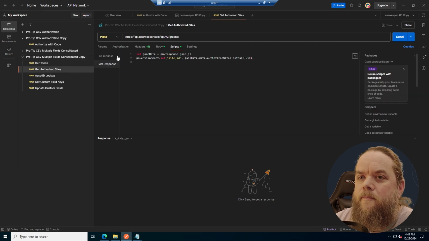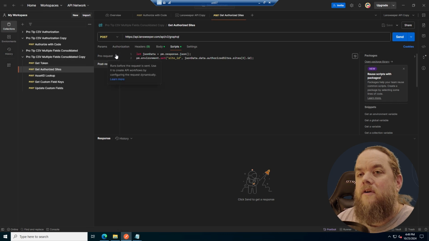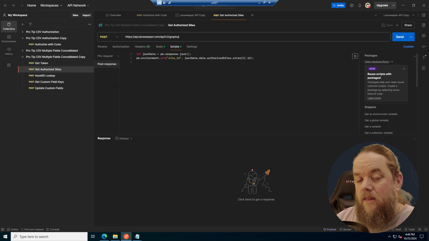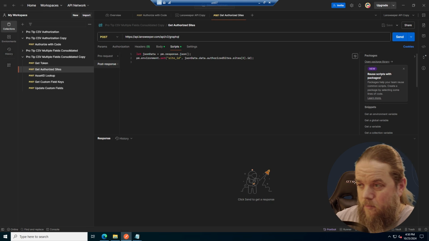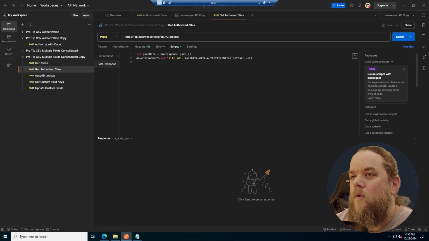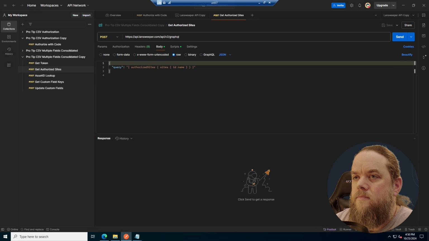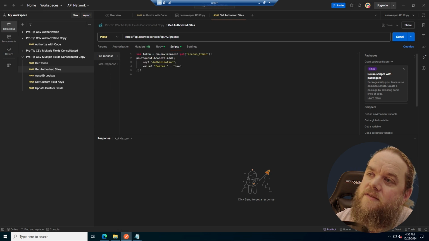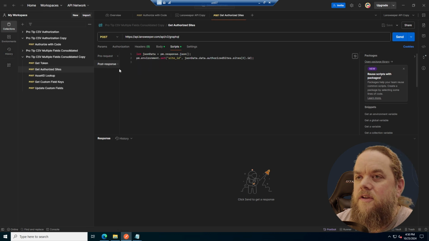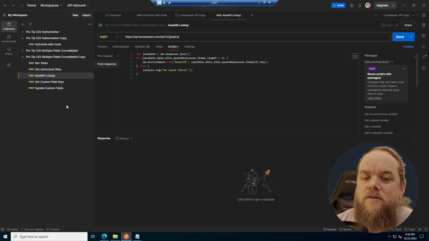The next step is it gets the authorized sites. So like we set up the site in the GUI and gave it that one site, it will get that site through this query right here. It says, give me the authorized sites. And long story short, we passed it the token, so it knows the token to use, and it sets the site ID and moves on to the next step,